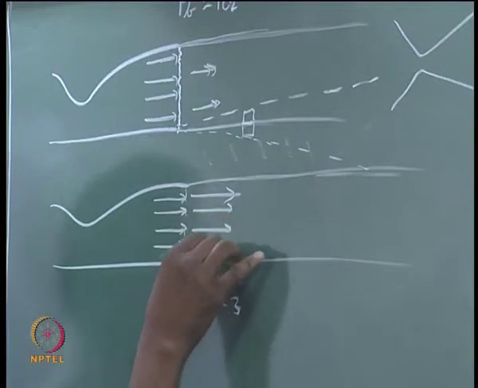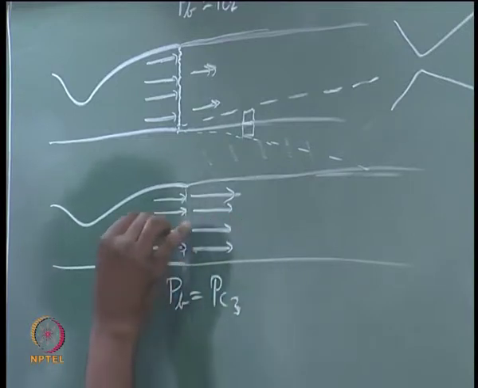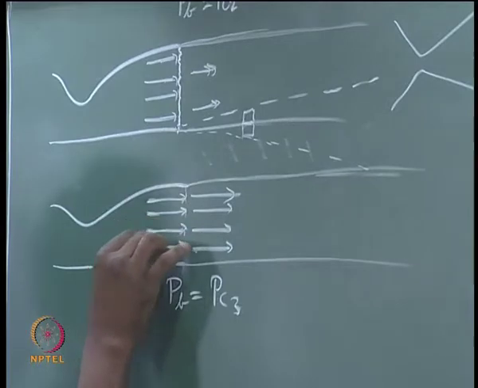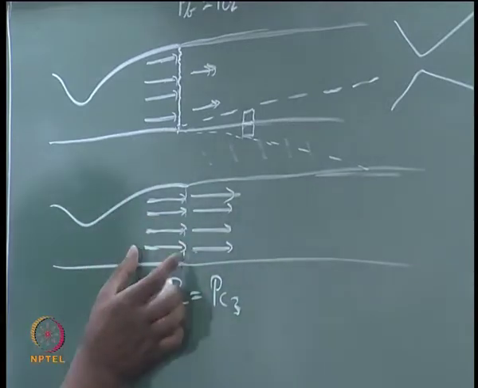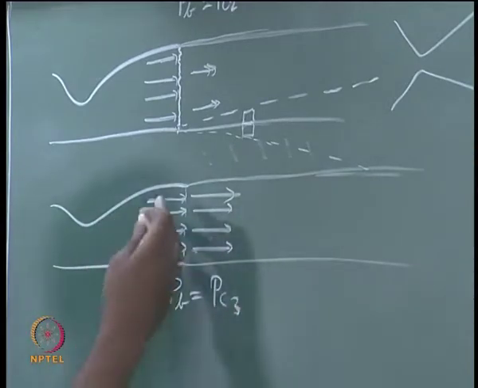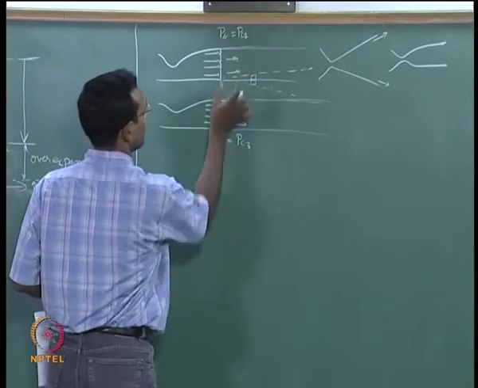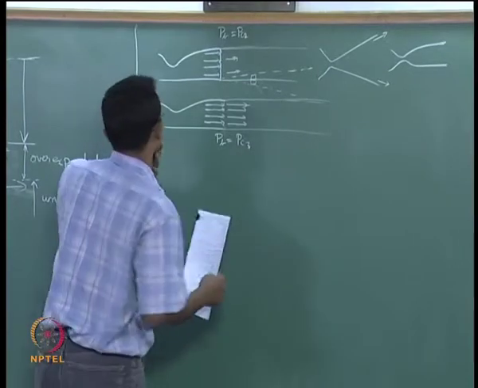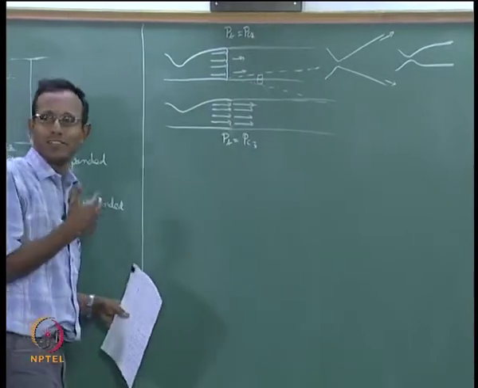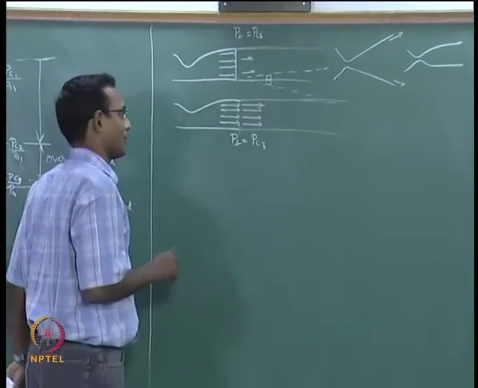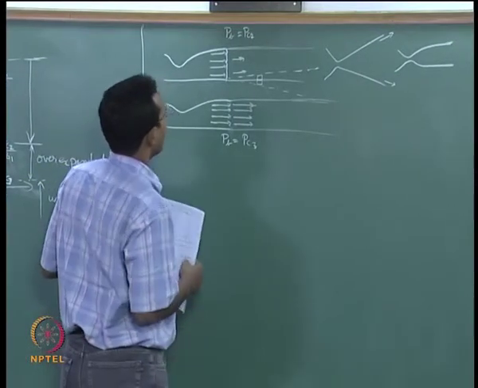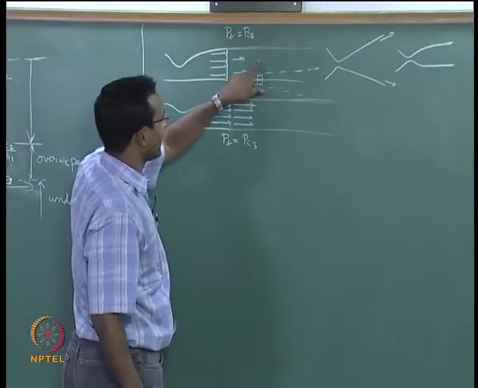Ideally, I am supposed to draw all arrows exactly equal length. Okay. It will be the same velocity here also, and it just keeps going forever like this. While in this case, that velocity vector has decreased in length when it goes across the shock. It should decrease much more than that if you think about it, but it decreased at least for me. Okay. So, what happens in between this case and this case?